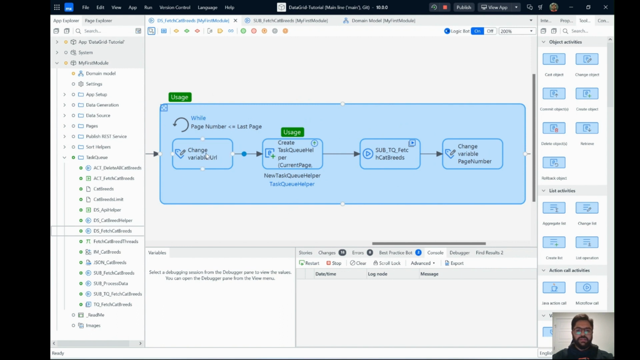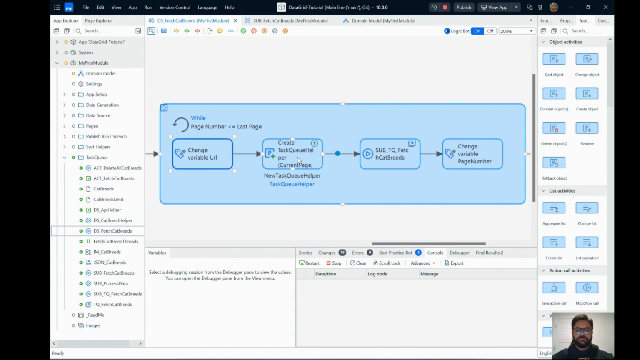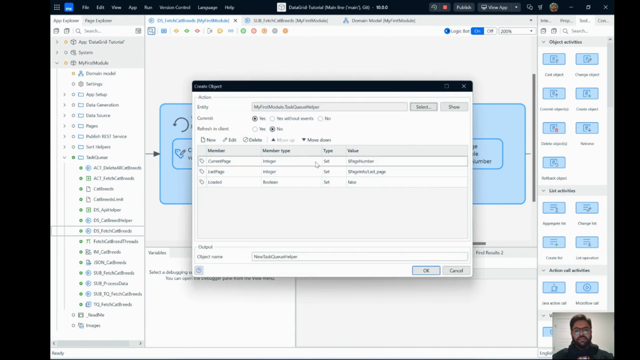So how do we do it? Now we first create a URL, right? Which URL we want to call, or what page number we want to call. So first we'll call page number 2, and then we create a new task helper for each page. That is, what the current page number is and what the last page number is. The last page number will remain the same for all the task queues, and we set the default for load date to false. And when this particular task completes its execution, we have a flow that will